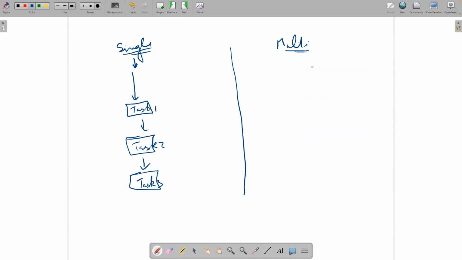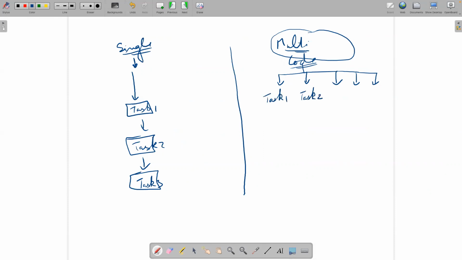In a multi-threaded language or environment, say you have written some code here, and it has multiple threads. So this particular system has multiple threads. Your code can execute task one here, task two here, task three here, and so on. So if you have, say, how many